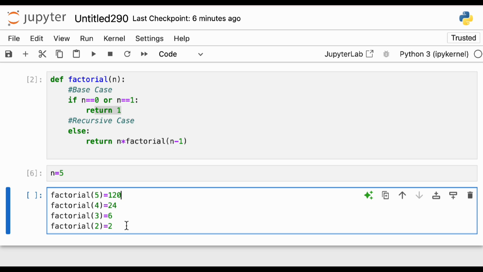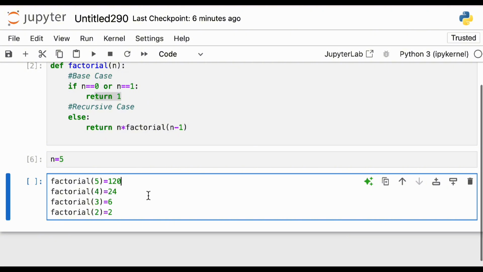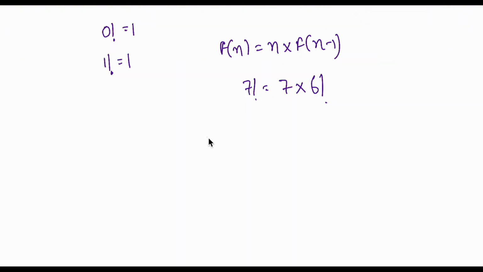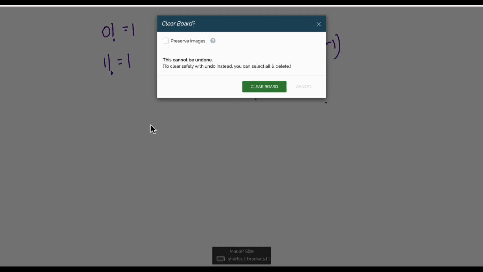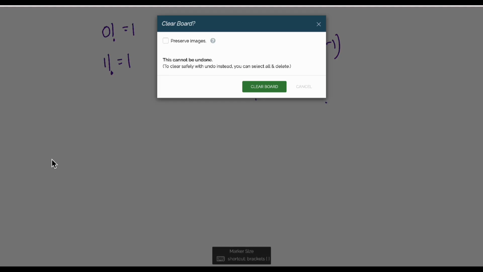And if you see, this is the step of recursion, that you are first of all going from n to 1 and then you are back propagating, right? So what are you doing? Let me explain once again, that you have to calculate the factorial of a particular element. Let us say 5, which you do not know.